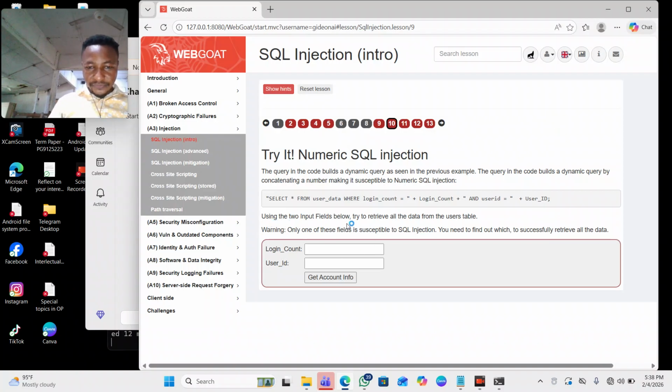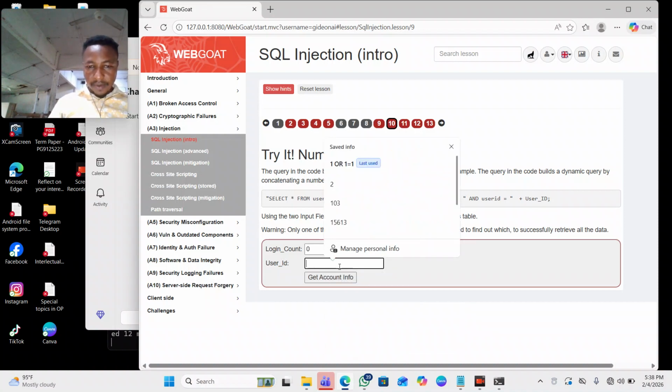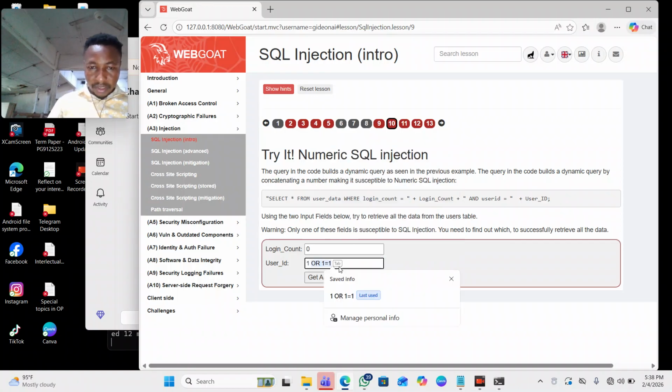So using two input fields, try to retrieve all the data from the table. So this is the query over here: from user data where login count is equal to 0. Then we are going to use the normal way of hacking the password. So it is 1